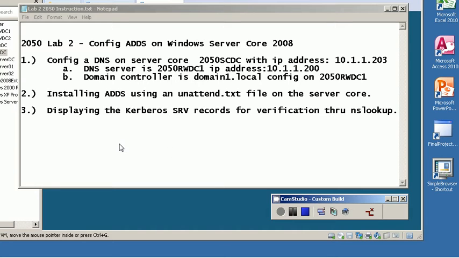Hello, I'm David, and today I'd like to show you how to configure Active Directory Domain Services on Windows Server 2008 Core. But first we're going to be configuring a DNS server for this server core, and it is going to use a DNS server which is located on our domain server, which is domain1.local, and it is 2050 RWDC1 with the IP address of